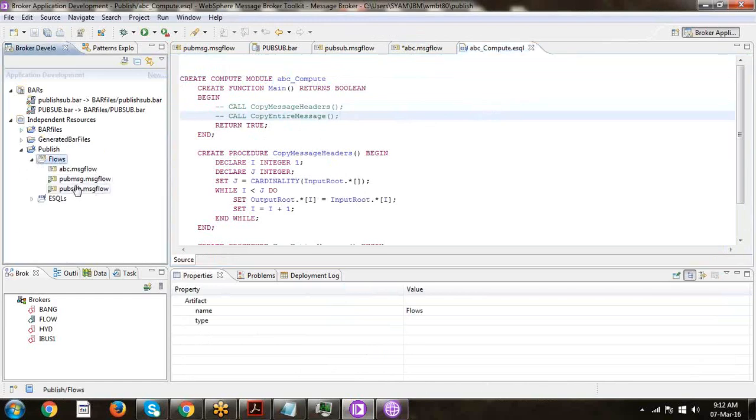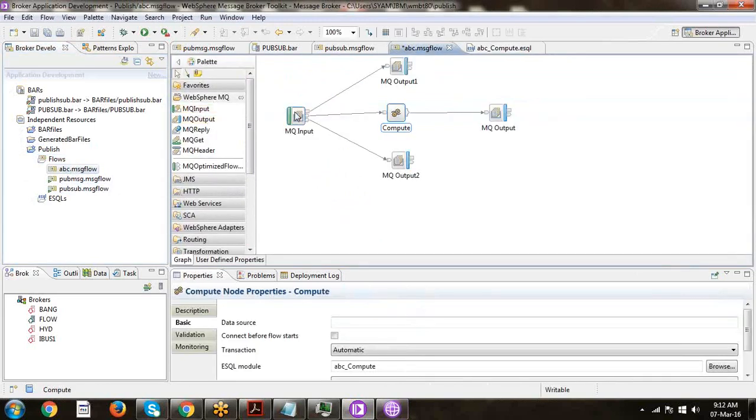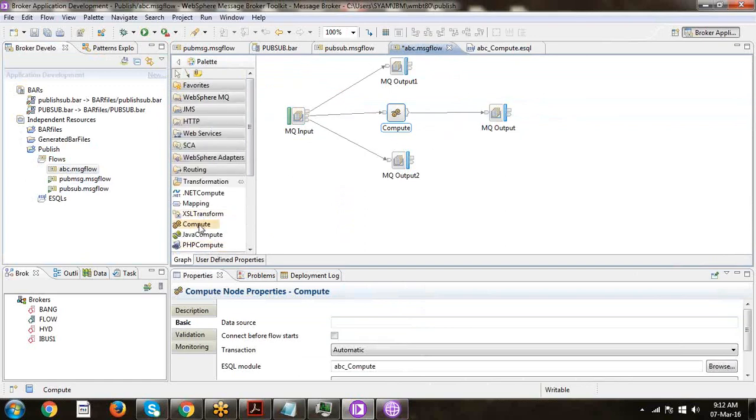In the ABC message flow, what I did in MQ is I took one MQ input, 3 outputs, and 1 compute node from the transformation. I wired them, meaning I am connecting the terminals. Then I will implement some business logic here. Whatever I am implementing, the same you will get, so you can design this.